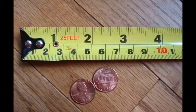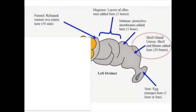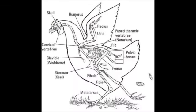The shell gland is 4 to 5 inches long, and the egg is in this oviduct section for the longest, an astonishing 20-plus hours. The shell gland, as its name implies, places the shell on the egg. Eggshell is primarily made up of a substance called calcium carbonate. The hen's bone calcium accounts for 47% of the calcium needed for making the shell, the rest coming from the